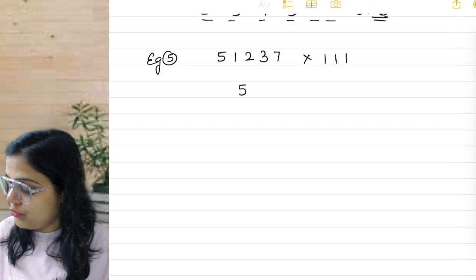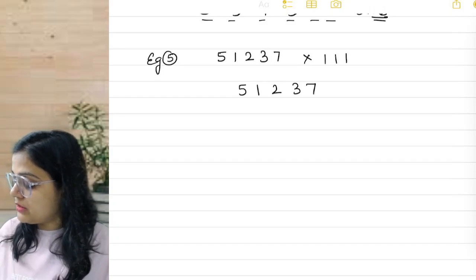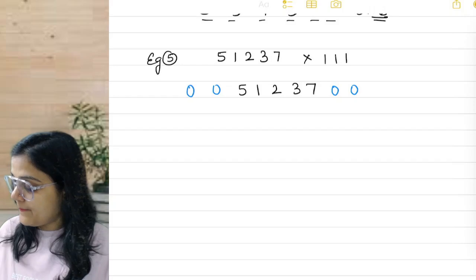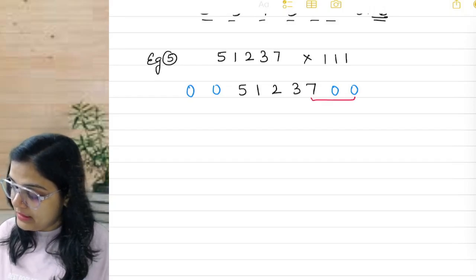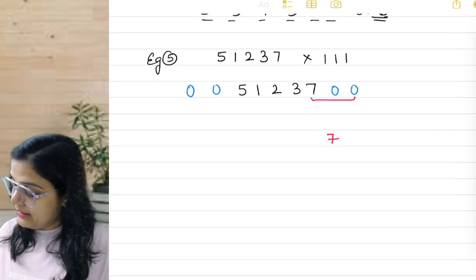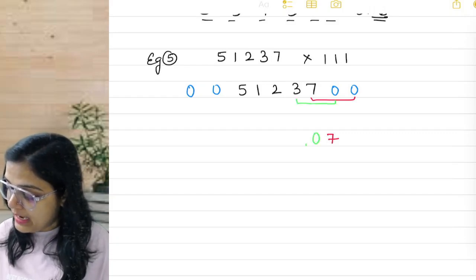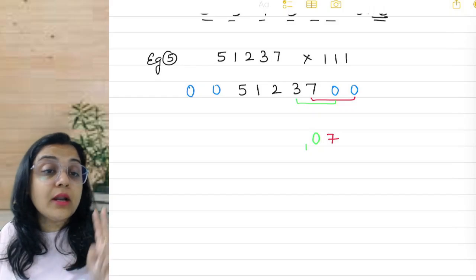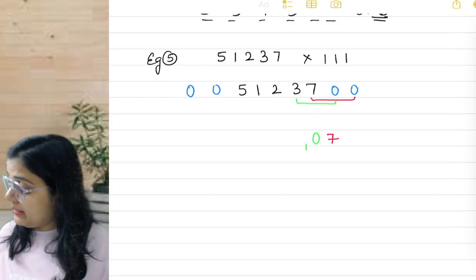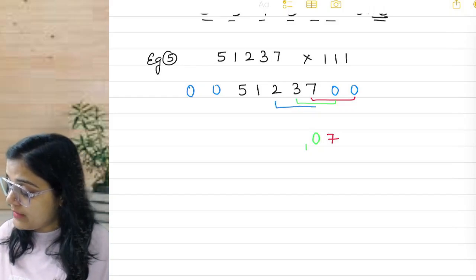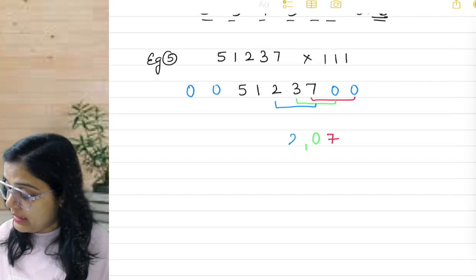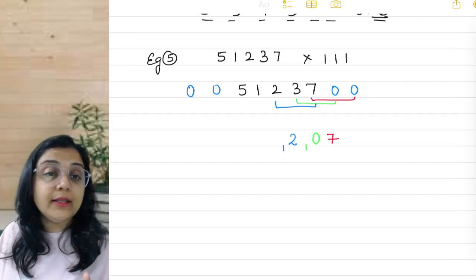So I have to use the double knot sandwich method here. I am just sandwiching this in double knots in the beginning and double knots at the end. Then take 3 digits together, add them, write them below. Then take the next 3 digits, 7 plus 3 plus 0 is 10, add them. 10 is a 2-digit number, write 1 in the carry. Then add the next 3 digits, that is 10 plus 2, 12. Again a 2-digit number, write 1 in carry.